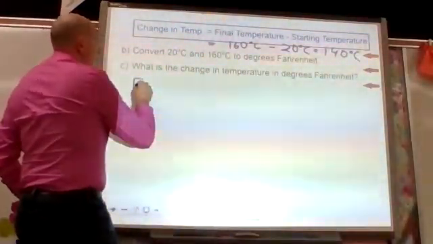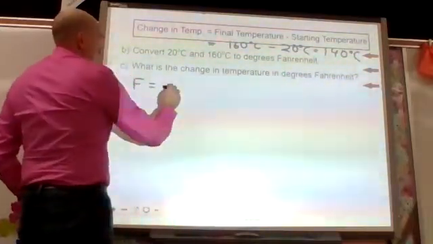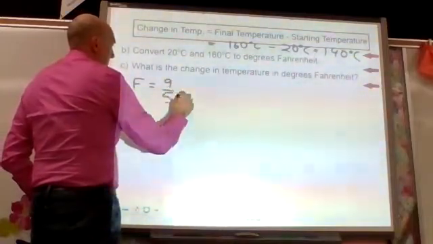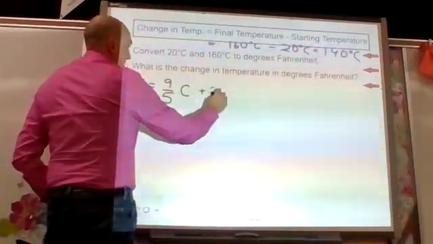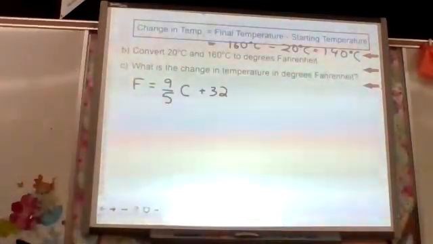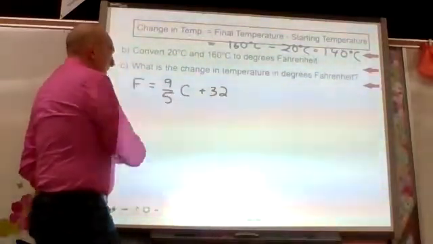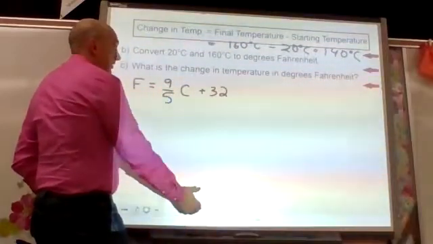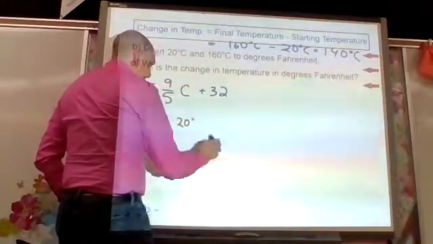So I want to know what Fahrenheit is. Fahrenheit equals 9/5 C plus 32. And 9/5 C plus 32 is our formula for converting from Celsius into Fahrenheit. And so let's start with 20 degrees. So if I put in 20 degrees for C,